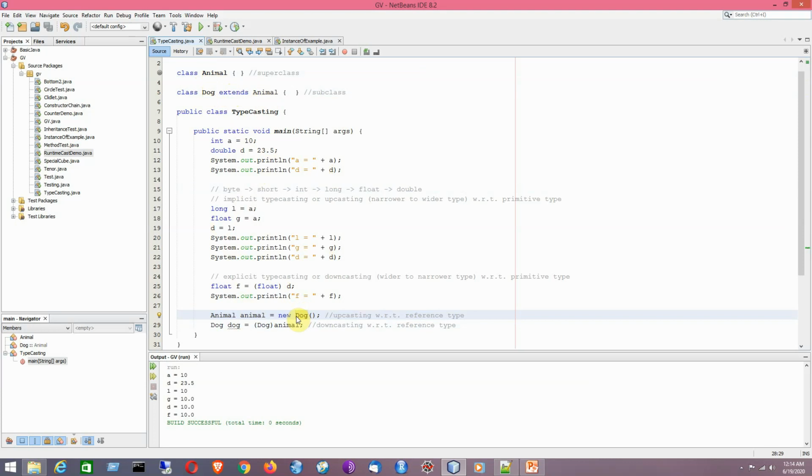Since when we cast a reference along the class hierarchy in a direction from the subclasses towards the superclass, it is called an upcast. We need not use a cast operator in this case. We can also say it alternatively that every dog is an animal. Clear? So that is the idea of using upcasting here. Now we have initialized the superclass reference variable animal in lower case with the object of the dog class.